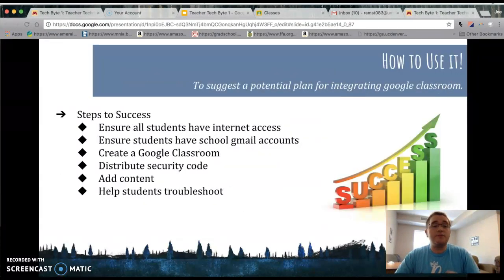So how to use it? Here's some general steps to success that we should consider. So first, we have to ensure that all students have internet access, and that's becoming a little bit easier, but it's still a challenge that many are facing, so we need to be intentional and strategic about that. Secondly, ensure students have high school Gmail accounts. Again, that's another challenge as well, but many schools are switching to Gmail, so it's becoming very feasible. Third, create a Google Classroom, which is very simple to do. I just did it this morning, and it's a very easy tool to